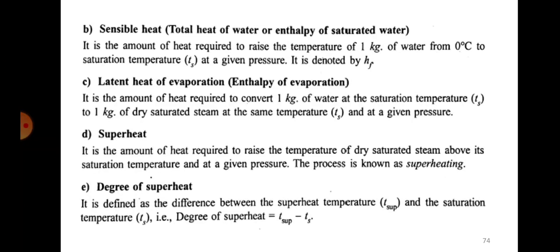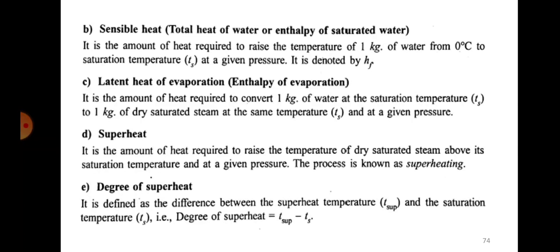Next is the amount of superheat, which is denoted by hsup, h superheated. It is the amount of heat required to raise the temperature of the dry saturated steam above its saturation temperature at the given pressure, and this process is called superheating. The temperature is called T superheated, and it is denoted by